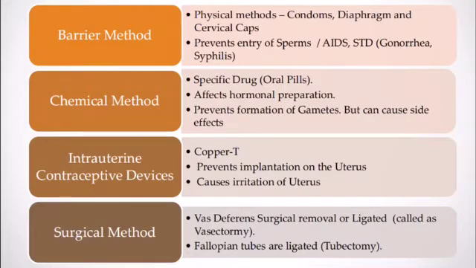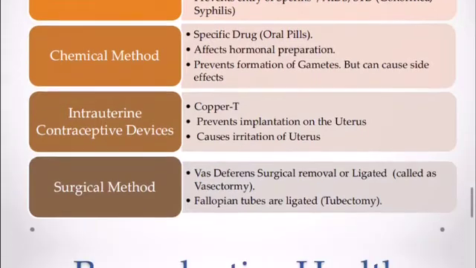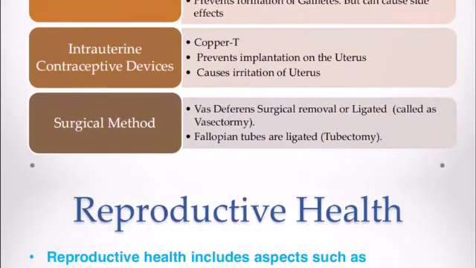This prevents the sperms from coming out. And tubectomy is the surgical operation performed in females, and it involves removal of a small portion of the fallopian tubes or oviduct by surgical operation, and the cut ends are again tied with threads and prevent the egg from entering the fallopian tube. So these are the different methods which I told you to control the population.